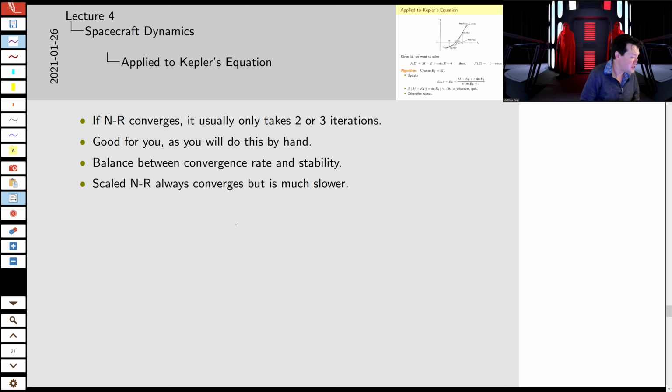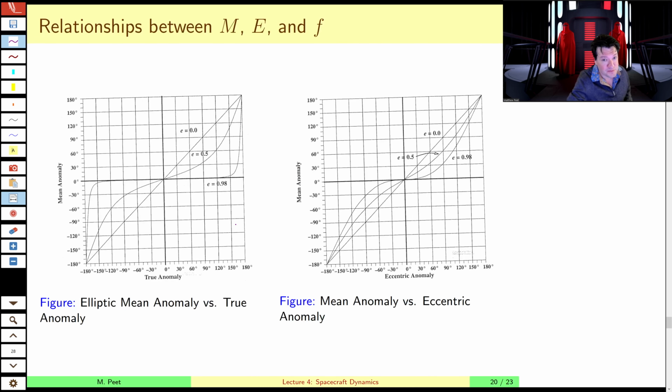So Newton's iteration is a very fast algorithm. If you wanted to have a better balance between convergence and stability of the algorithm, you use a scaling factor. But for Kepler's equation, it's really not necessary. Just as a brief note before we wrap up here and do a final example,